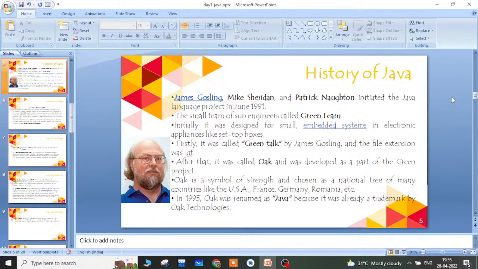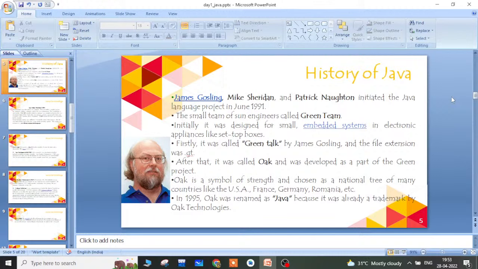Later, in 2004, J2SE 5.0 was released, which supports generics, auto-boxing, variable arguments and the for each loop. In 2006, Java Standard Edition version 6 was released, which supported JDBC connectivity.